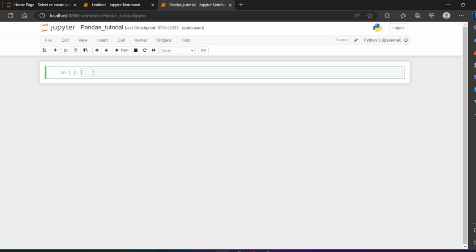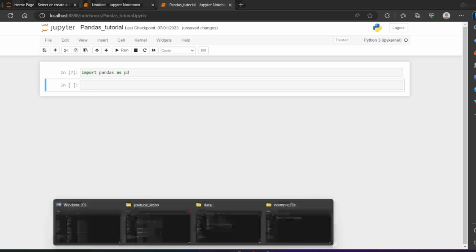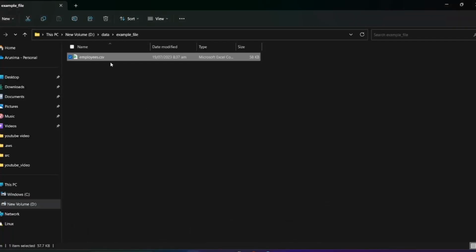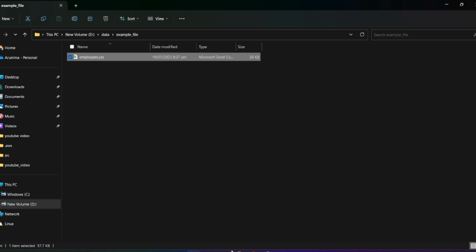And the first thing you have to do is import pandas as pd. And for running this, just press shift and enter, it will run. And where is the file? My file is here. So just right click here and copy as path,